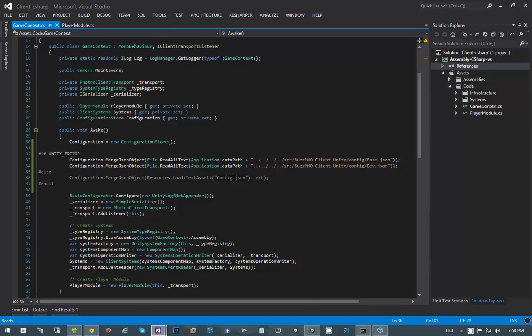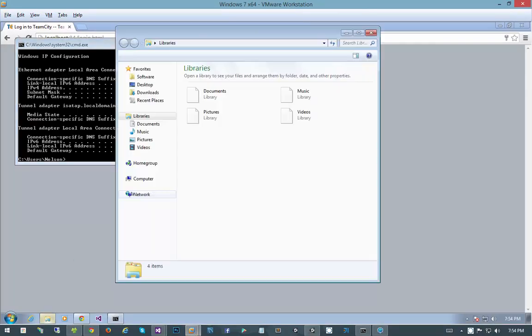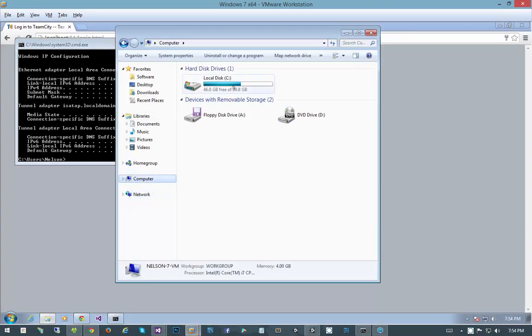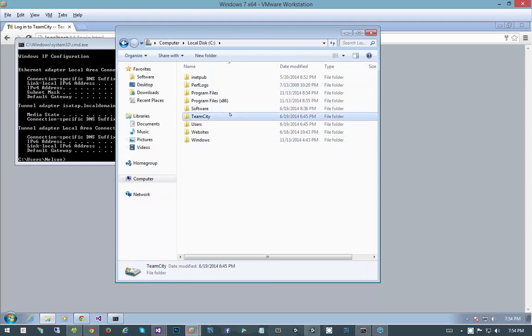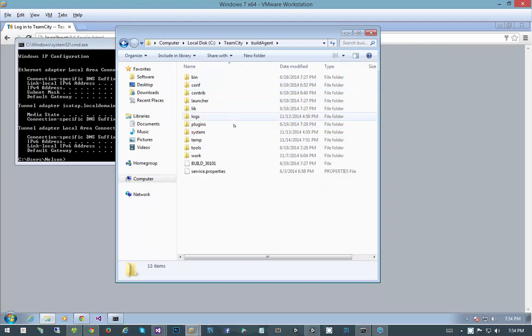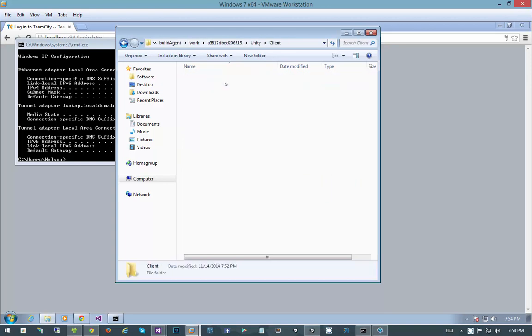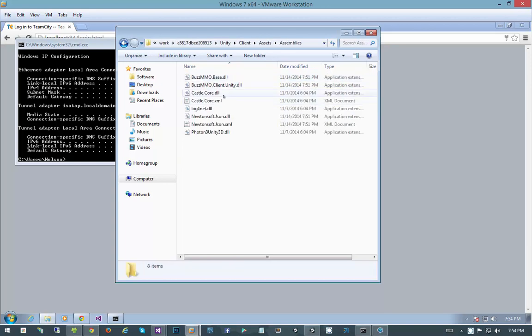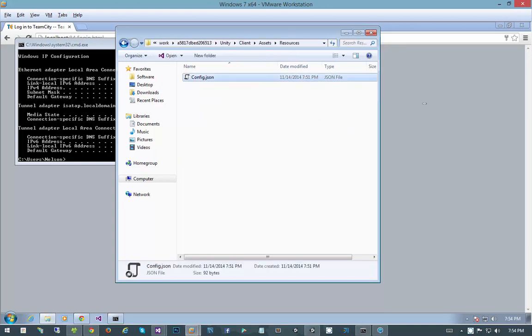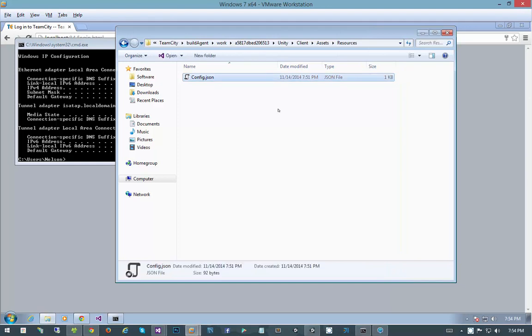Let's go ahead and see if it even built the config JSON by opening up our virtual machine and tracking down our working directory for our TeamCity, which is going to be under TeamCity, BuildAgent, work, Unity, Client, Assets, Resources. Okay, so config.json did get built, but